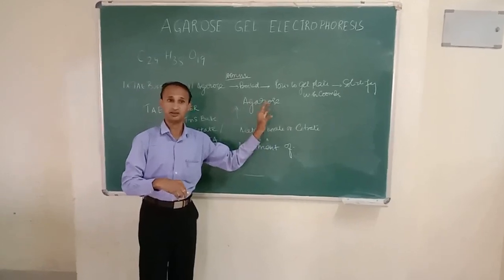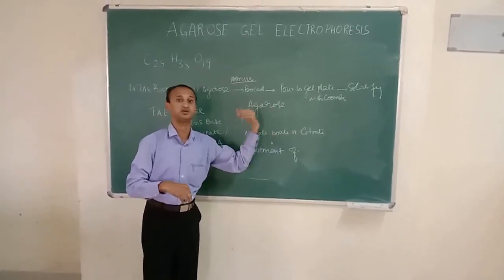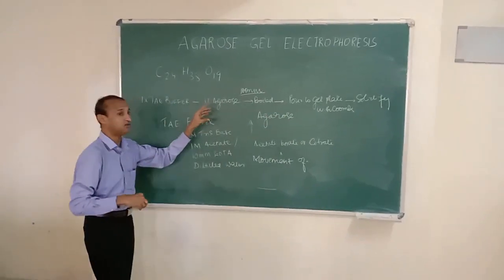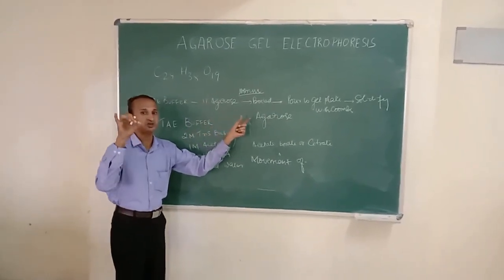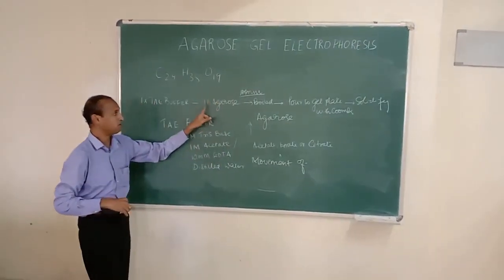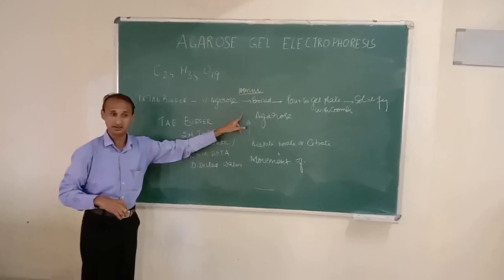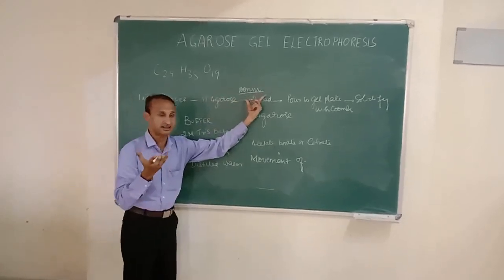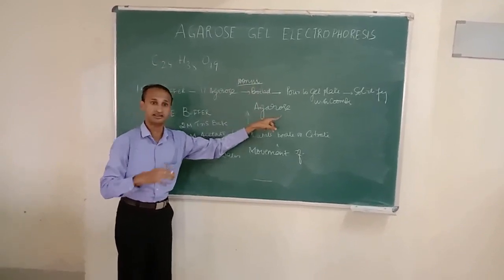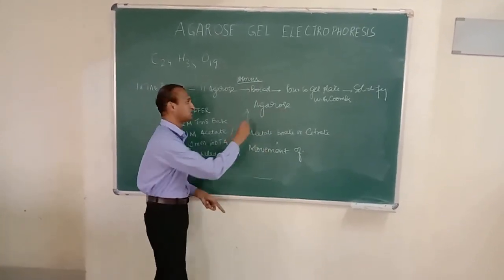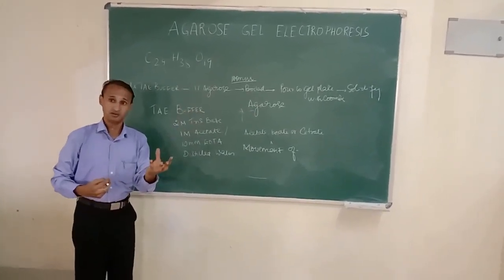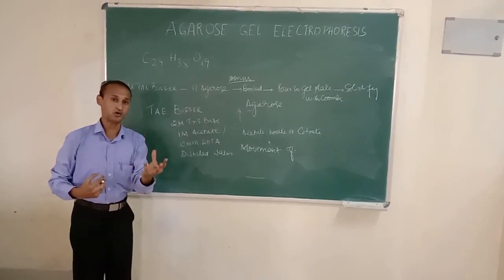That is the property of agarose. We use agarose and not agar here, because agarose is a purified form which gives a particular pore size suitable for running the nucleic acid. For example, if you prepare 1% agarose, the pore size in the gel is around 100 nanometers, which is apt for running the nucleic acid. That's why we are using agarose. The agarose has to be boiled, and once you cool it, what will happen?